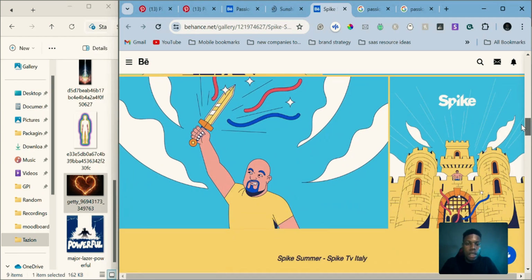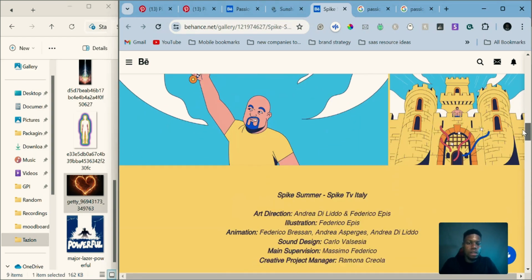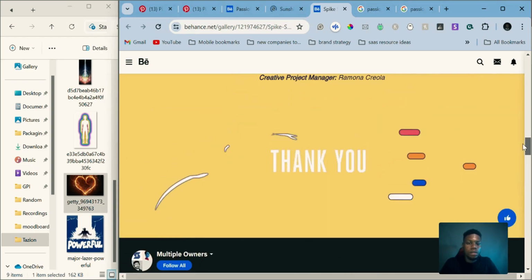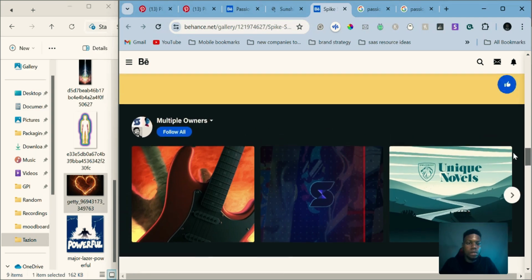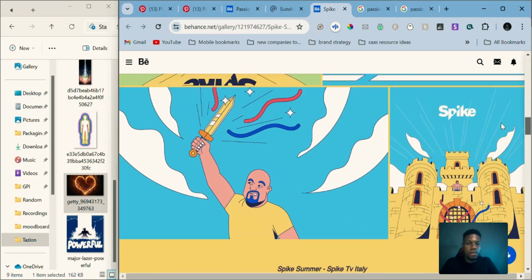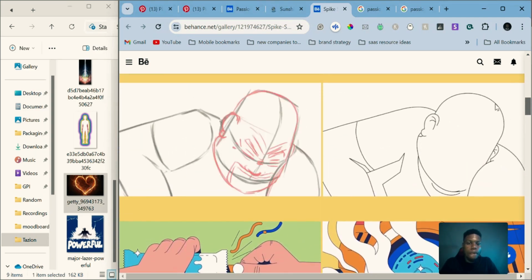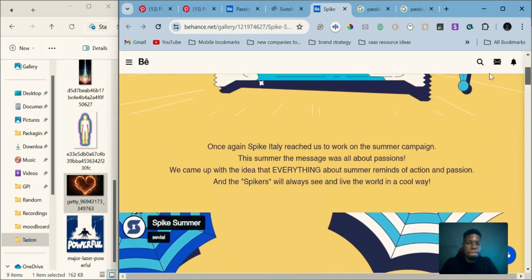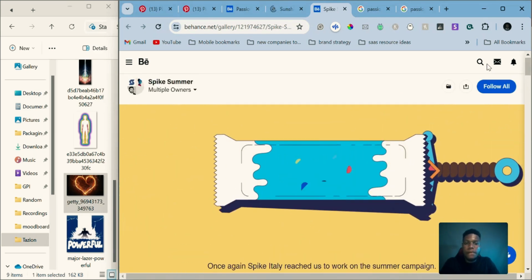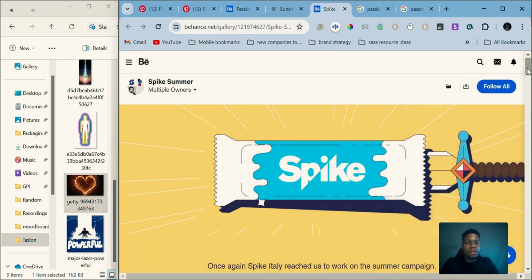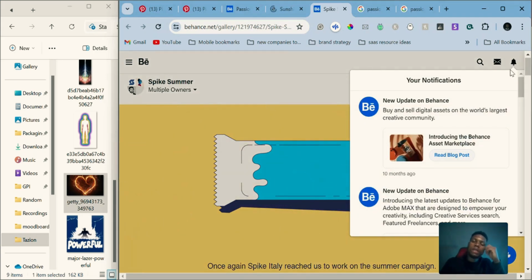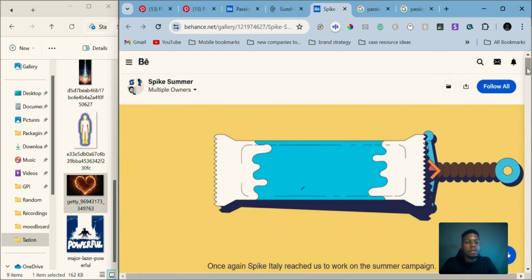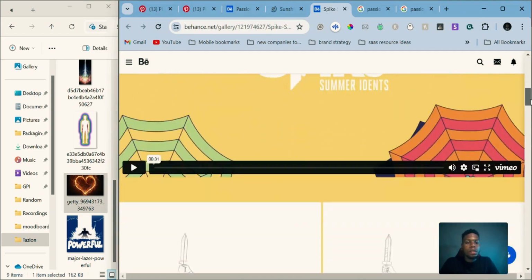I also like the illustration style. It's simplistic. Let's see. I mean, I like it, but for our keyword, which is passion,